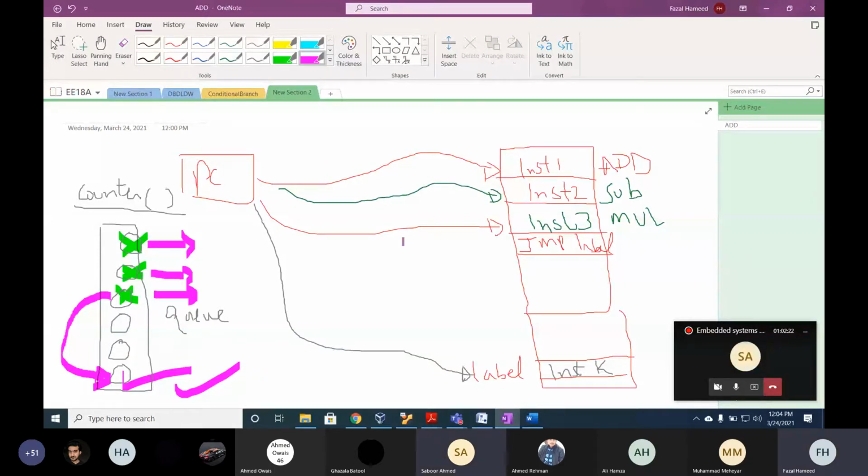When we use a jump instruction, the access is random, it's not sequential. The access latency of each instruction will be almost nearly the same. This we will study when we study the memory system design, where we will learn why it is constant. We will study this in memory system design.